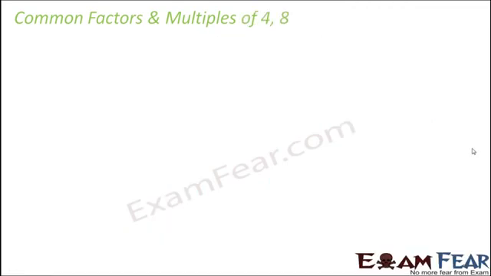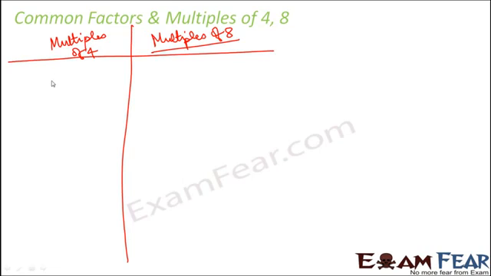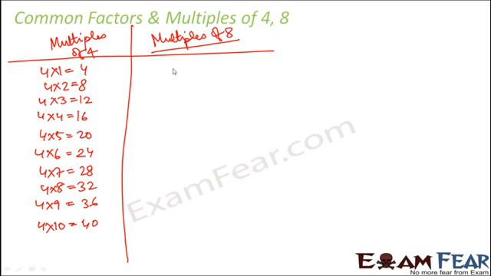Now to have a better understanding, let us try to find out common factors and multiples of these two numbers, 4 and 8. So how will we do that? So again in a similar way, first we will write down multiples of 4 and on the other side we will write down the multiples of 8. So it would go somewhat like this. In a similar way, we will write the multiples of 8 as well. So this would be 8, 16, 24,